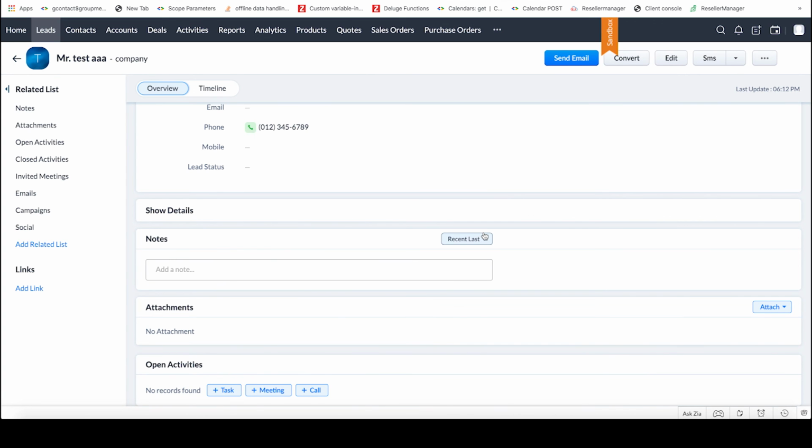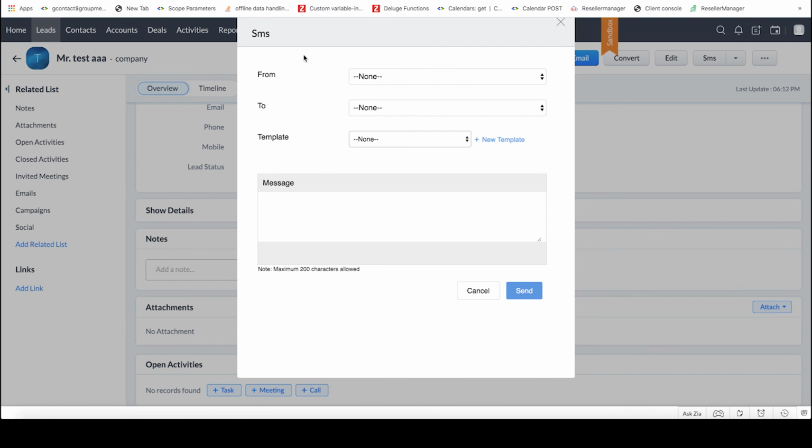Another commonly used widget by most of the developers across different Zoho services is the SMS feature. We have a ready to use SMS template widget that is available in our marketplace GitHub that can be customized according to your business needs based on your integration with other applications in order to help you send out SMS from your Zoho service. So I've already associated the SMS template widget to an extension in order to show you the UI. In my extension, I have embedded the widget in a custom button called SMS inside my leads module view page. So on click of this button, you can see that the widget has been displayed.